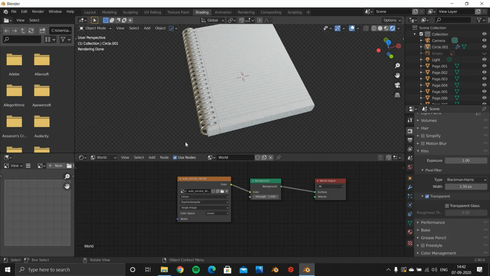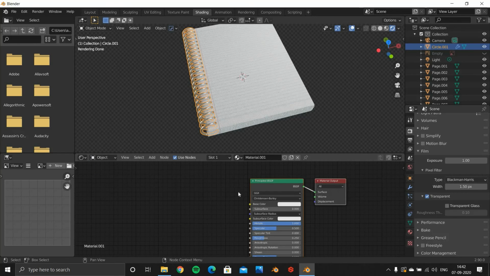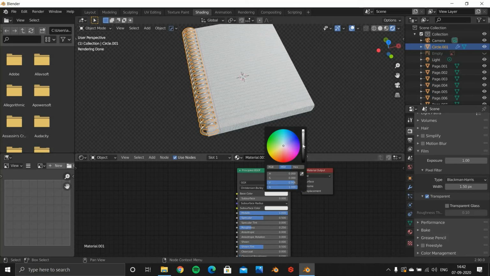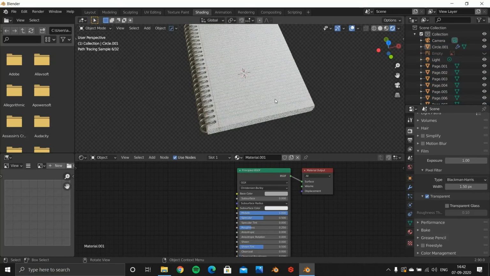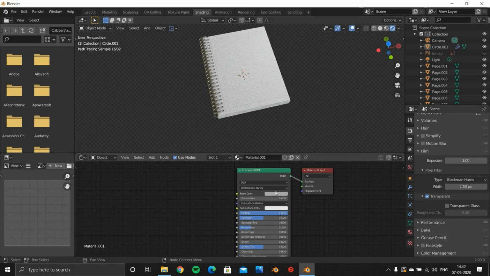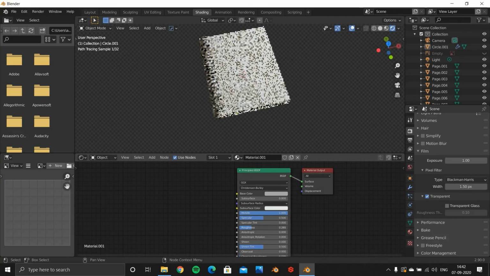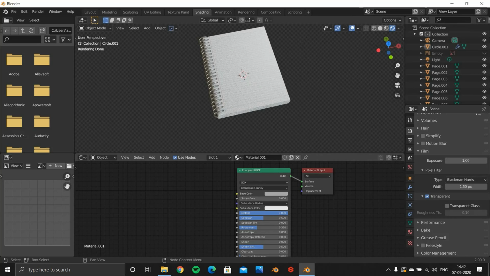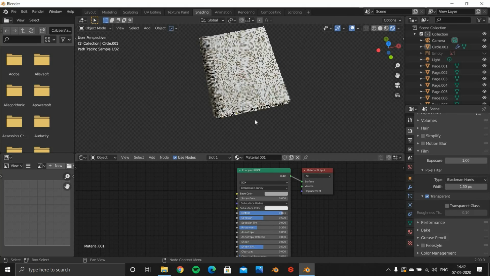So now let's select this spiral object, get back in the object tab, and let's create a little darker color for it. This is too bright. Let's increase the roughness and decrease the metallic value.